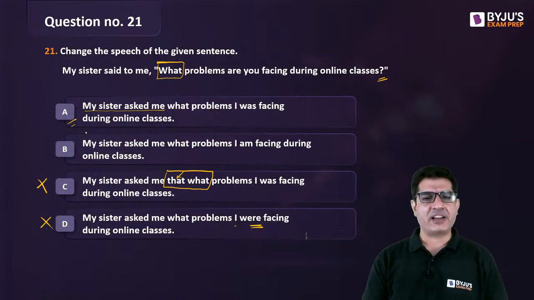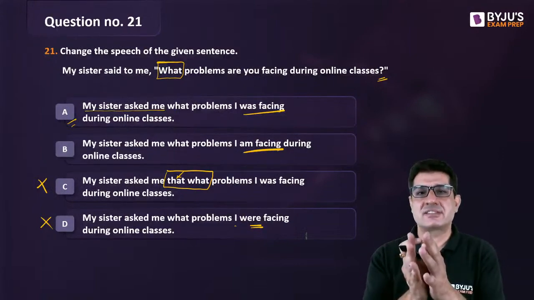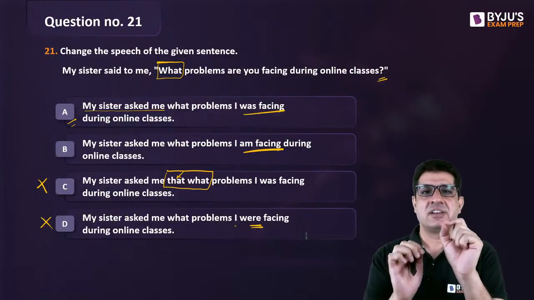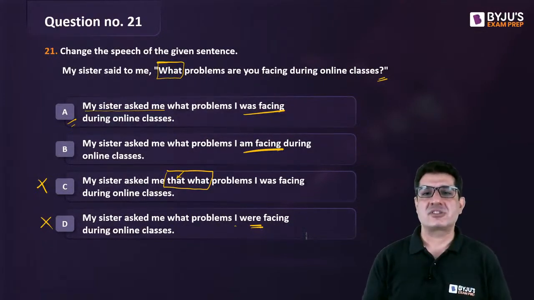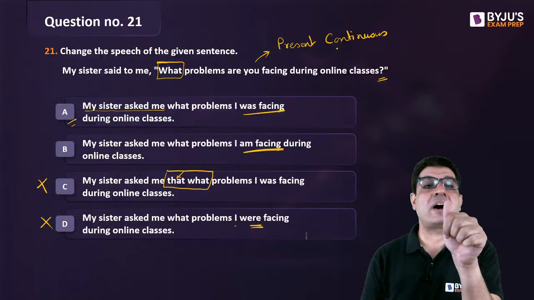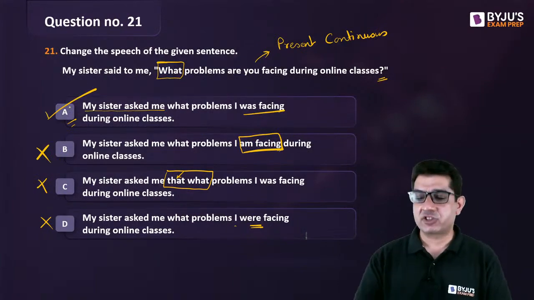And between A and B, which one should we choose? I was facing, I am facing. In the previous question, I said that we change the tense. If the quote marks has a sentence in present tense, then we use the corresponding past tense. So the tense that we have here is present continuous, which means that this present continuous should be converted into past continuous. B still gives you present continuous, that is why it is incorrect,